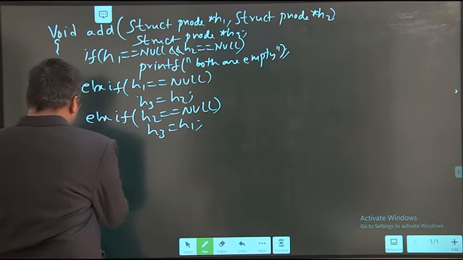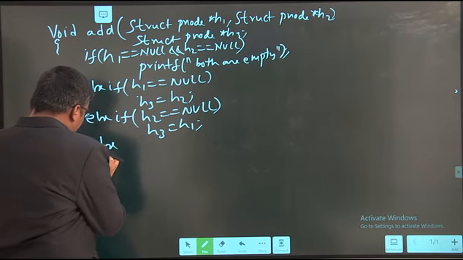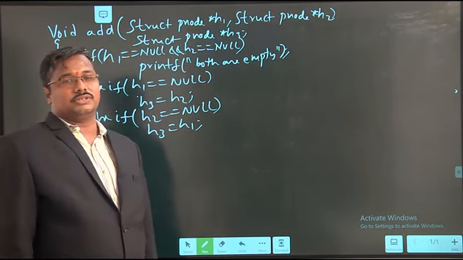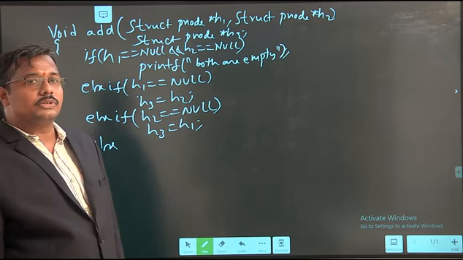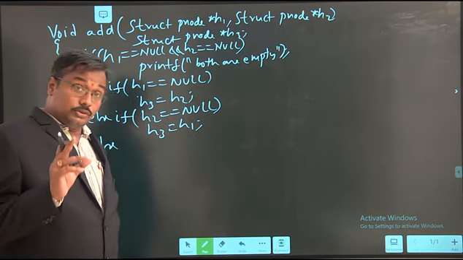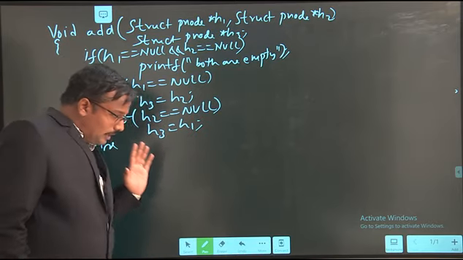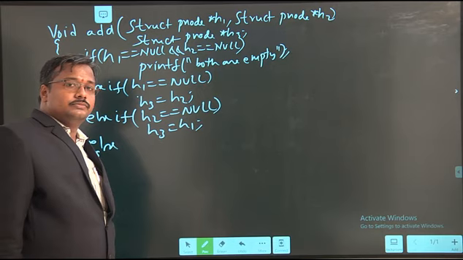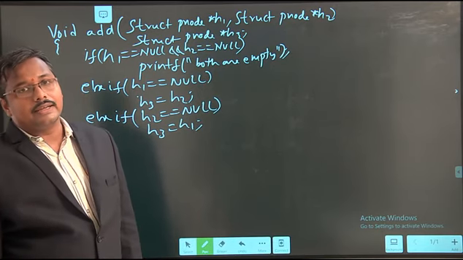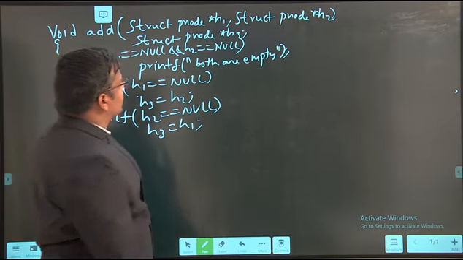Next, both the linked lists are not empty. Then only we will go for merge or addition operation. So what we have to do? I need two temporary pointers to travel in the linked list.